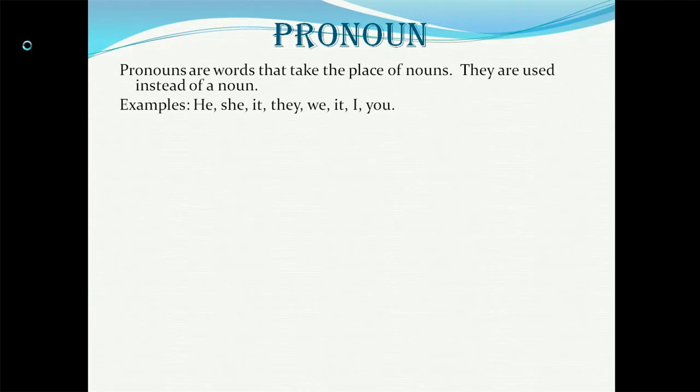If I say I saw a puppy on the road, the puppy was running behind his mother. The puppy was playing with his brothers and sisters. So every time, instead of saying the puppy, the puppy, the puppy, the first time I will say the puppy, the next time I will say he. So that he refers to the puppy, right? So that is called pronoun. So here I am using he instead of the puppy. This is the work of a pronoun. It is used in place of a noun.